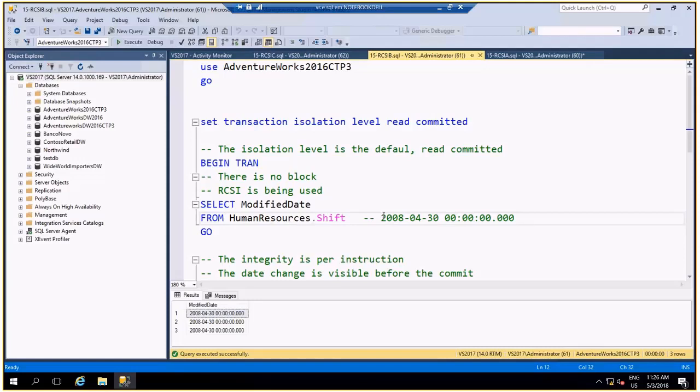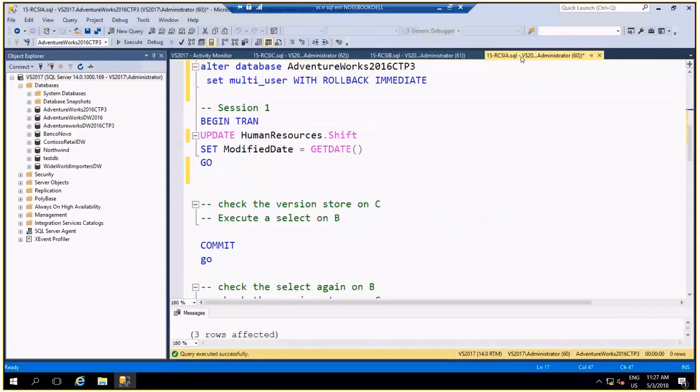The read committed is being transformed into a snapshot isolation. This select is coming from the version store, from tempdb. And I get no blocking for this select. That's very good.